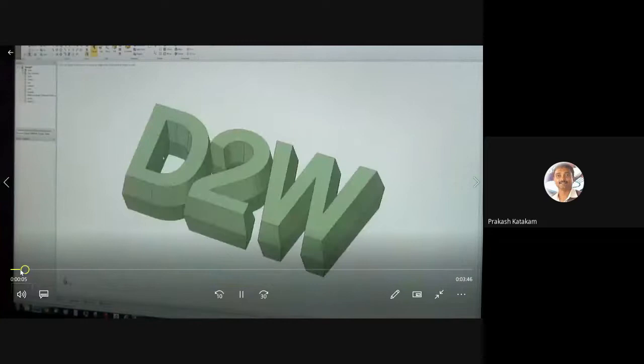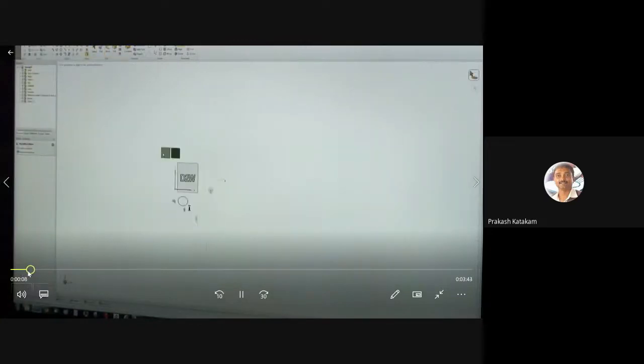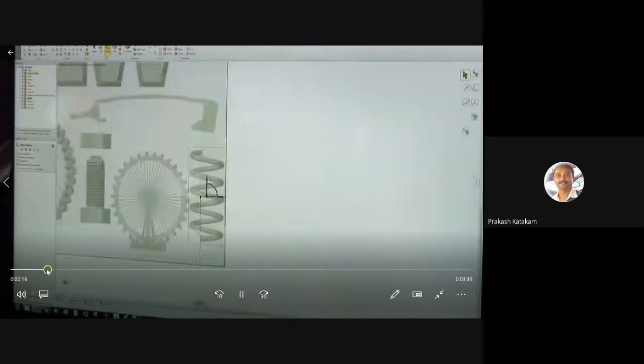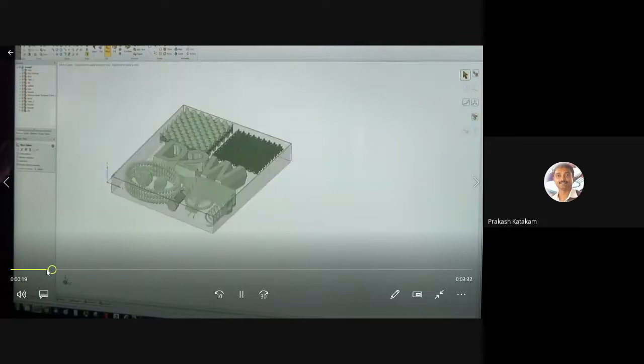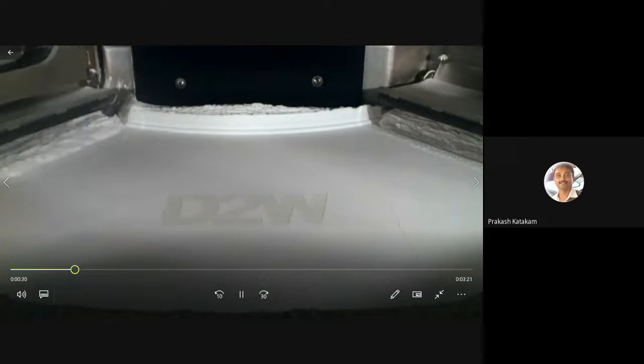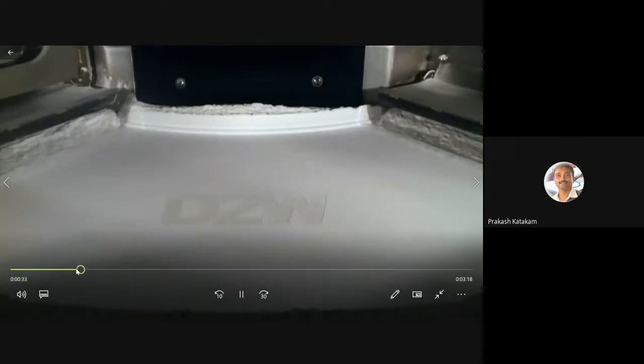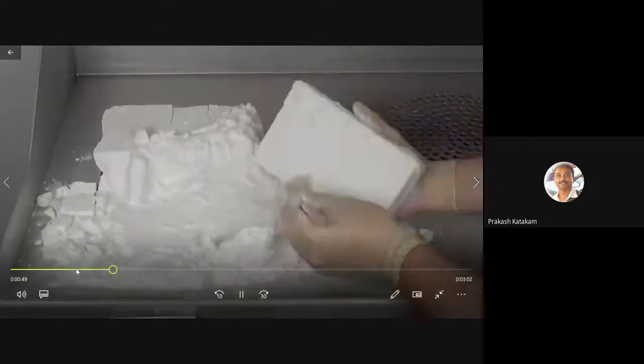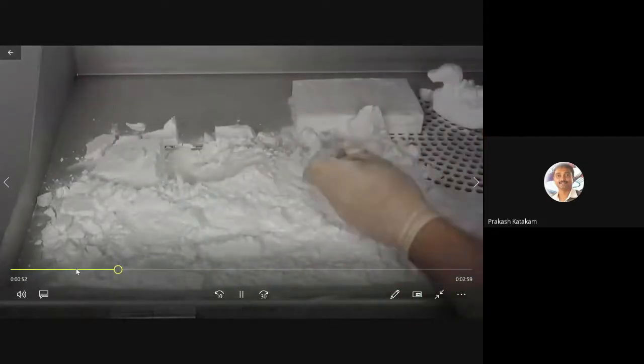It is actually a polymeric material. They made a design, and there are so many parts inside the design. The powder is sprayed layer by layer and spread, and a laser beam is impinged onto the powder with a specific shape. After completion, along with the powder, the model also will come out.